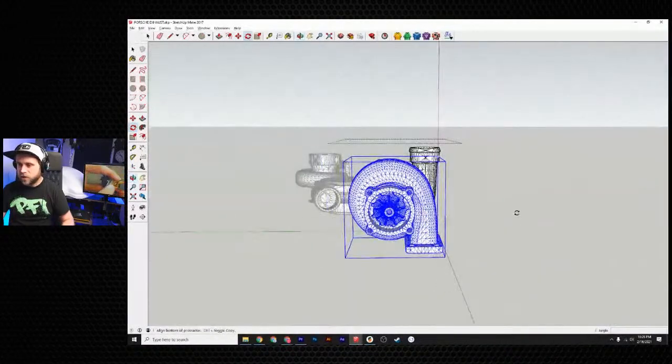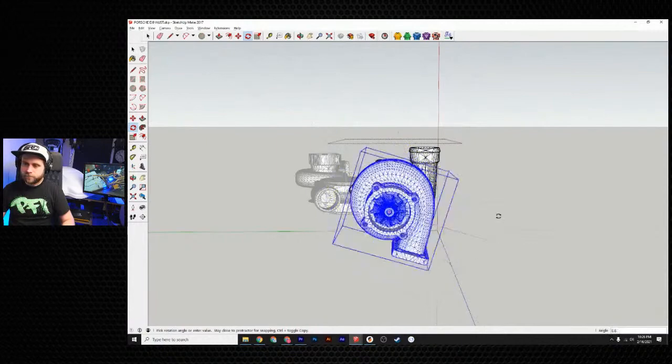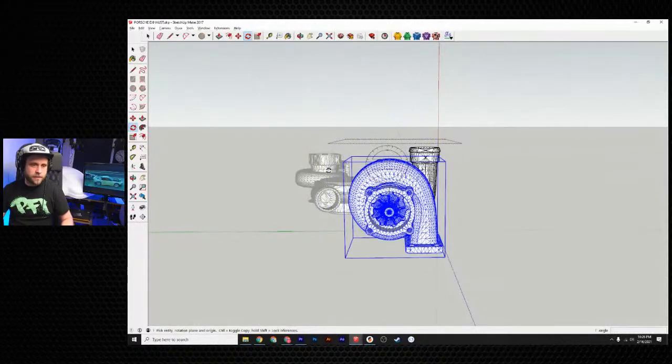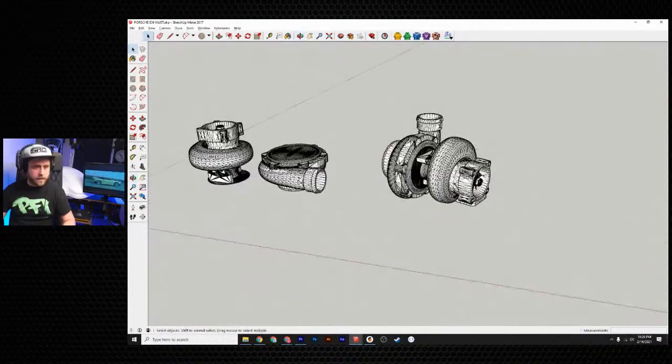So you can see me do it. You can see me clocking this turbo, right? And so I can put that exhaust into any direction I want. I did kind of already prepare this one earlier. And if you look at the turbo that I want to do, the exhaust, let's get a picture up because